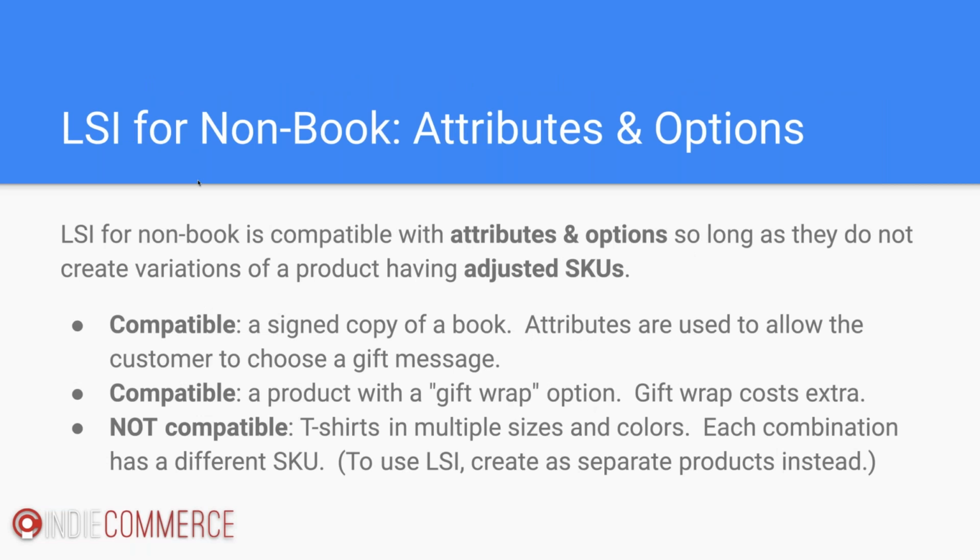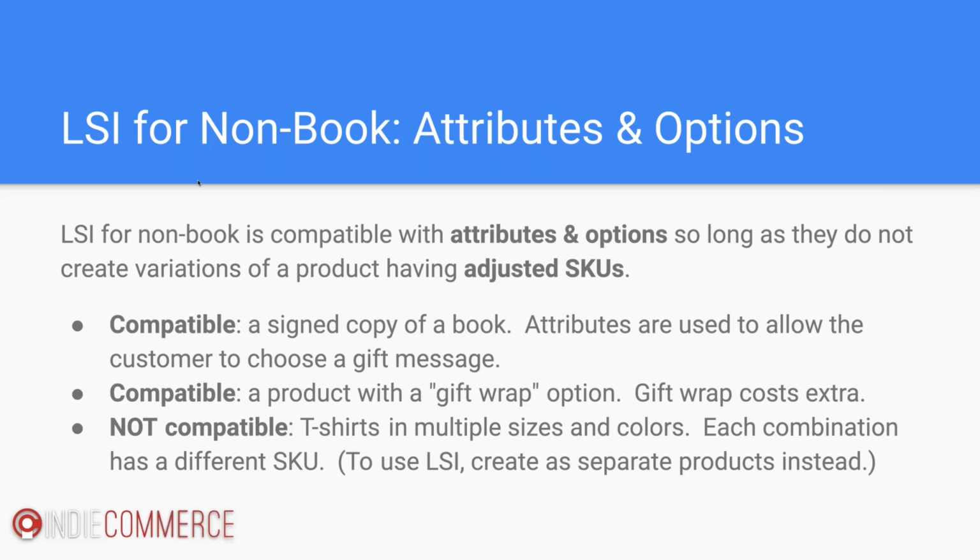So let's dig into just a little bit about attributes and options and what we mean by that. Attributes and options is an advanced feature for custom products. We do have some material that covers it in much more detail, and it's kind of like the metadata fields, but it allows those fields to also influence the price of the product, for example. So when you add attributes and options to a product, you can make different variations of the product, or different changes somebody makes to the product alter the price.